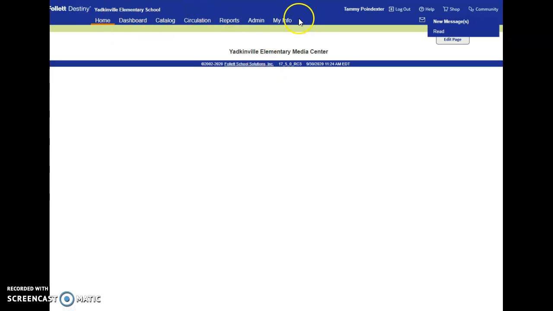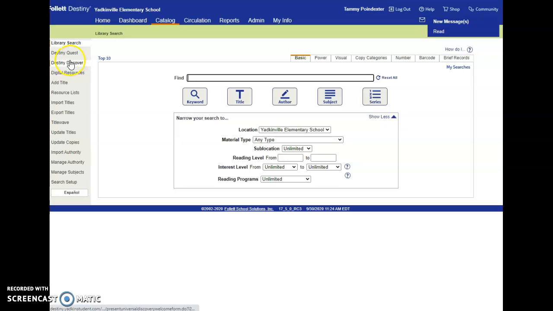Your tabs are going to look a little different across here because I have admin rights and you don't. So you want to go to Catalog. And then you can search for things here using keyword title, but this year I'm teaching the kids to use Destiny Discover over here on the left. I think it's a lot more user-friendly. So if you'll click on Destiny Discover,